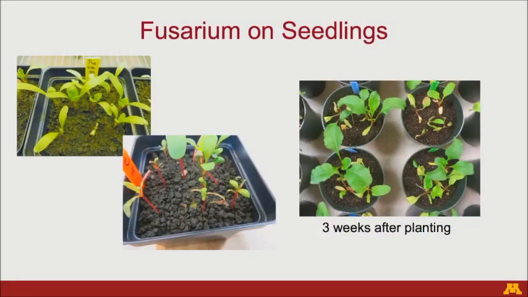So Fusarium does not kill the seedlings before emergence. It's always after emergence. These are all done in pots in the growth chamber about 3 weeks after planting. Again, we use barley grains infested with Fusarium. We could see these plants dying quickly here. You lose some of the cotyledonary leaves. Again, you have one infected plant. This is all in the growth chamber.